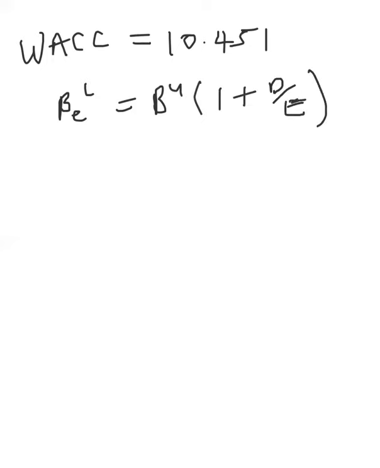Now, in this case, we've been asked to find the cost of capital for an otherwise identical all-equity firm. That is a firm that is 100% equity, right? So we know this one, and this one has been given as 1.15. So what I do not know is this, right? So what I can write is 1.15